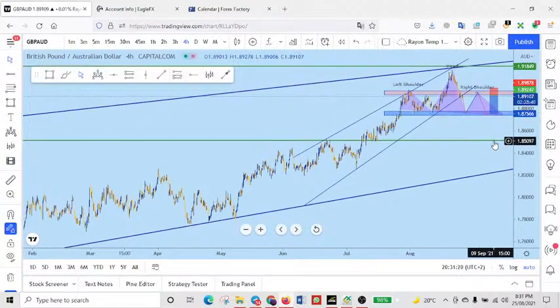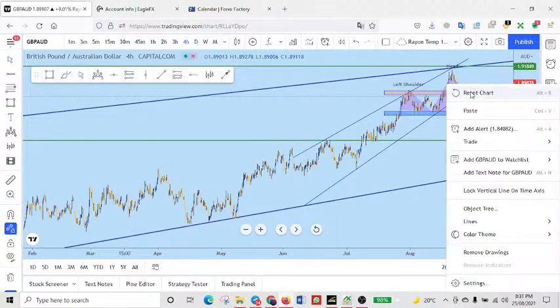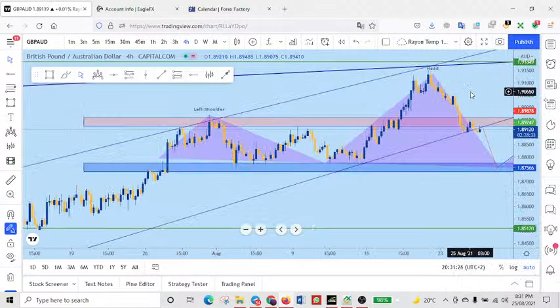This should be our next level we're looking at. Okay guys, that is what we have for Great British Pound AUD. So let's also look at